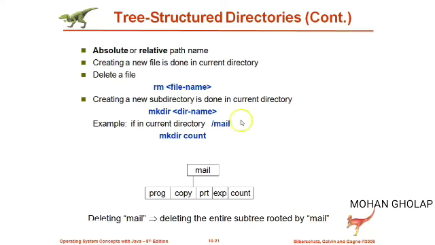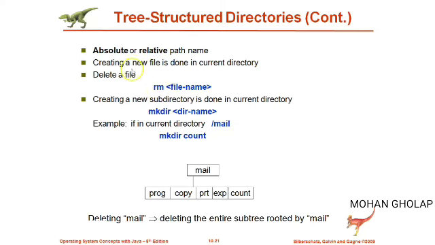And for that, as you can see, the path name we use may be an absolute path name or a relative path name. Absolute path name means it starts from the first directory, that is the root directory, till the present directory and the file name. Relative means it is only with respect to the directory in which it is presently located. There are different commands based on the different systems which you are using.